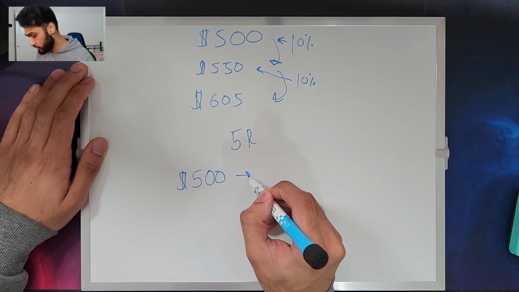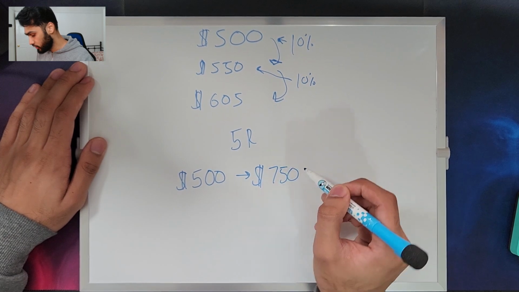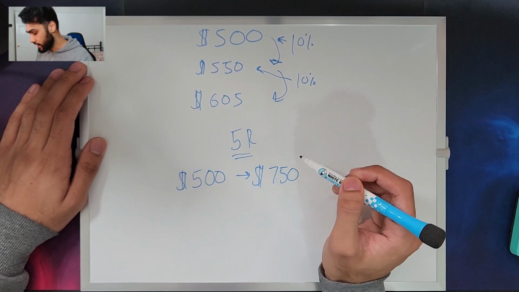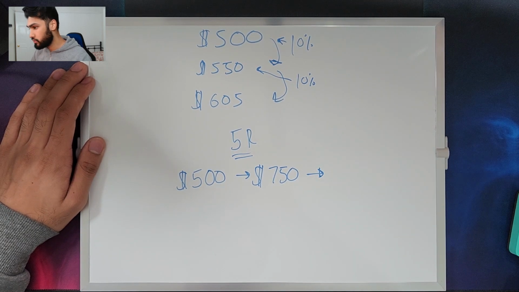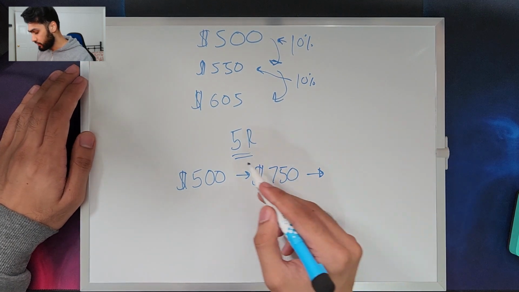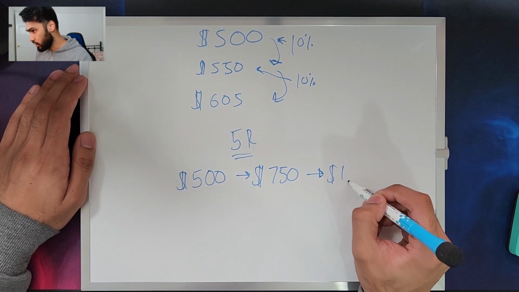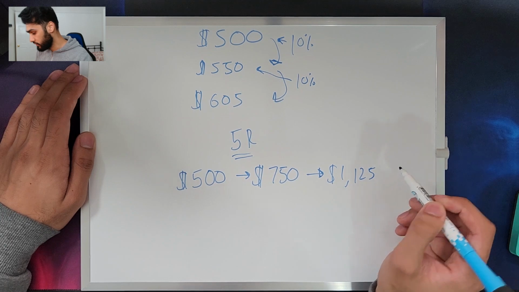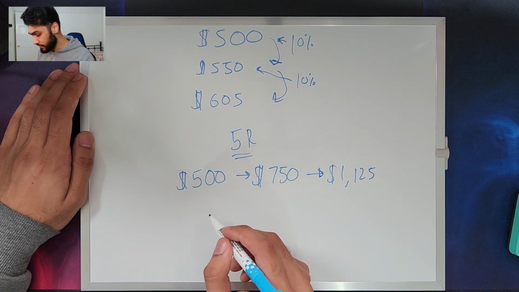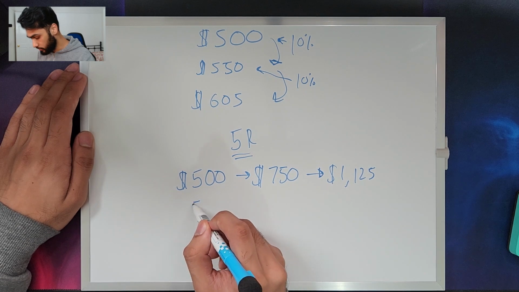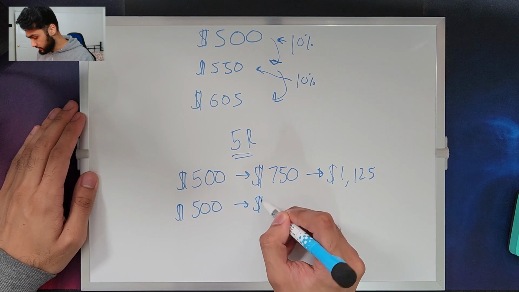Then after 1 month, your balance is going to be at $750, provided that you're hitting 5R every month. And then next month after that, if you have a gain of 5R again on this account balance, your account balance is now going to go up to $1,125, as opposed to if you just risk a fixed 5R of $50, all that's going to happen is you're going to go from $500 to again $750,